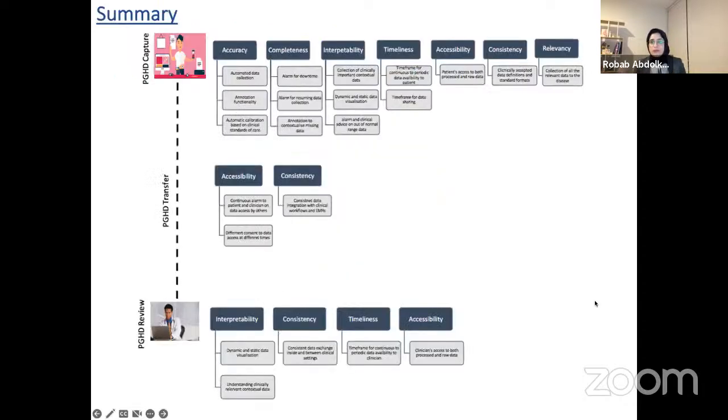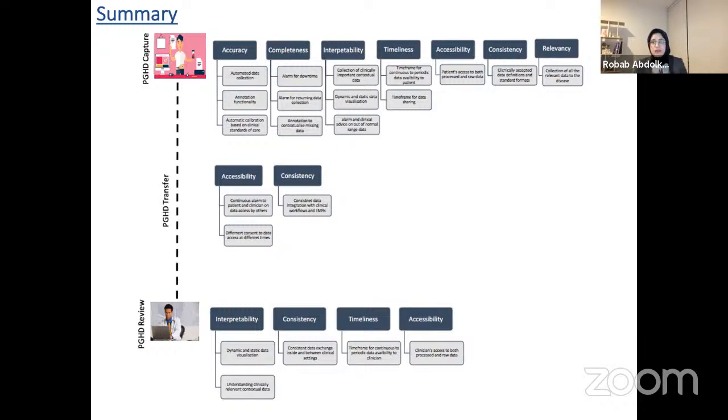Going back to the point I addressed at the beginning of the presentation, that different people look at data quality differently. Some might focus on the review stage and try to design dashboards where PGHD from different tools come together and are filtered and analyzed. Some would bring the quality to the collection point and engage people from the very beginning.